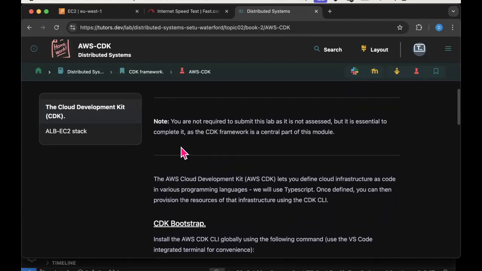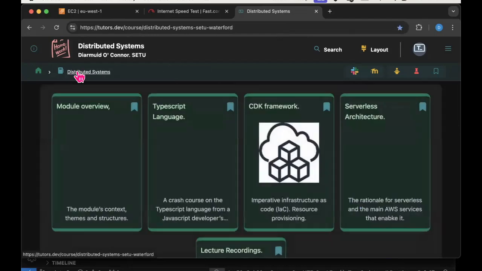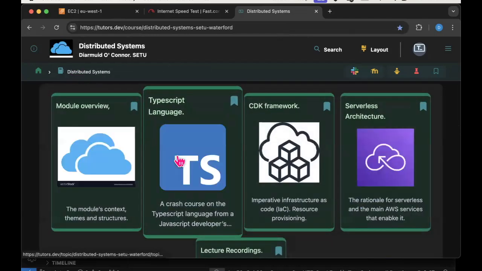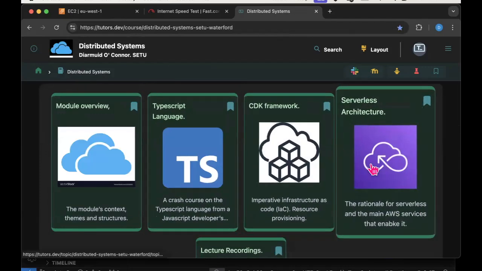That's our intro to the CDK framework, but we are going to be using this framework right throughout this module. The next topic I want to talk about is the serverless architecture.